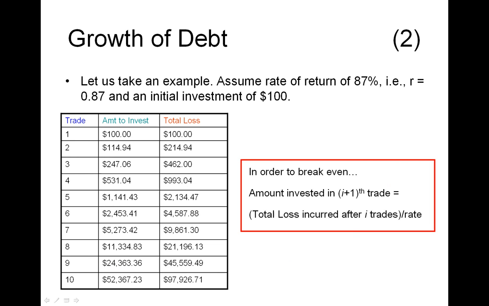Now, honestly, there's no clear-cut answer here. Going back to the previous slide, on the fifth trade, that's a very tough choice. I don't know what the right answer here is. Should one invest more in order to recover $993? Or should one just decide, you know what, I'm going to tone it down. I'm just going to invest another $100. You could get that one right, but you're only going to recover a fraction of what you've already lost. On the other hand, if you just say, I'm going to call it quits, I'm just going to give up right now, you've lost all of what you put in, which is the point of this video, that all that you put in grows very rapidly as per the Martingale strategy.